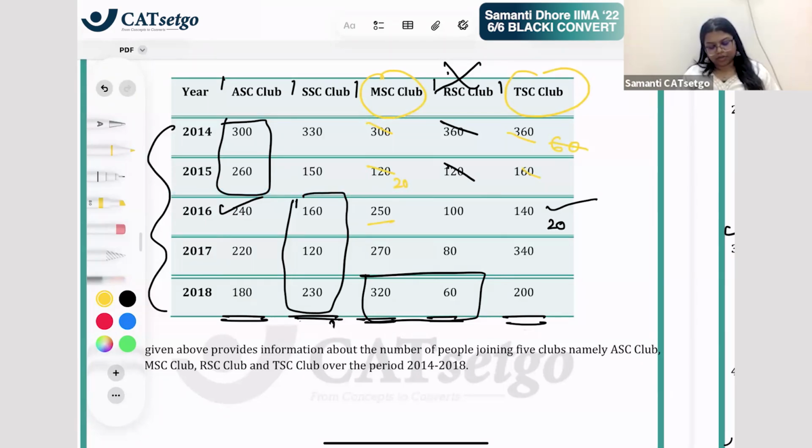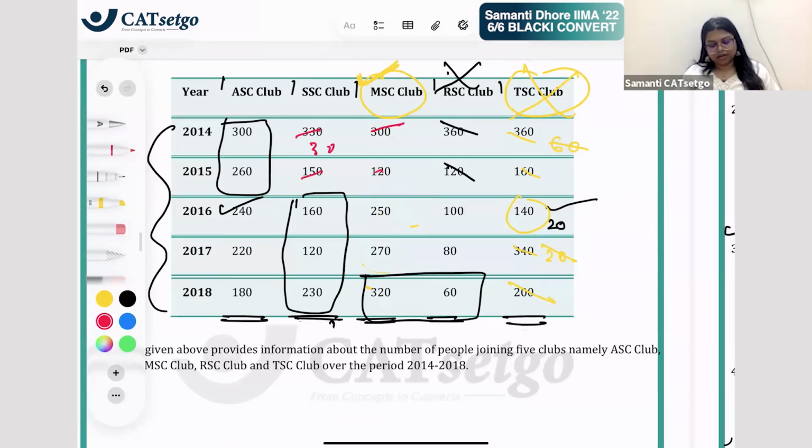यहाँ पे देखो 100, अभी देखो ये 250, 200 इन दोनों को मैं एलिमिनेट करती हूँ. इसके पास 50 एक्स्ट्रा आ गया फिर से, है ना? एंड देन इसके पास 20 एक्स्ट्रा आ गया, तो ये 20 कट हो गया. तो अभी I have 270 plus 50 and this is just 140. So definitely TSC club is not winning. We have MSc club. So we can compare like this directly rather than find the total also. Okay, it's totally up to you if you want to find the total or do this. I'd personally find this more strategic and faster. Okay, but the idea should not get confused at the end of it.